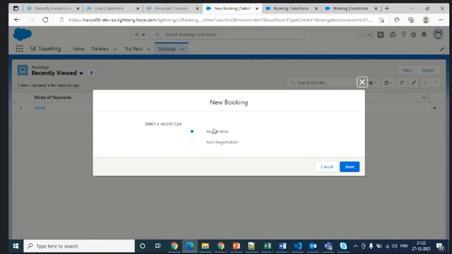Anybody has any question now? Page layout and record types. So this is nothing but record types and all. Okay, clear about record types and page layouts.